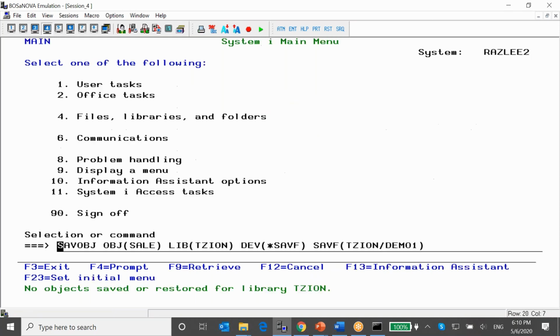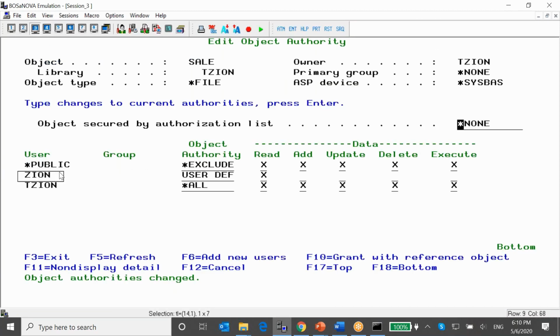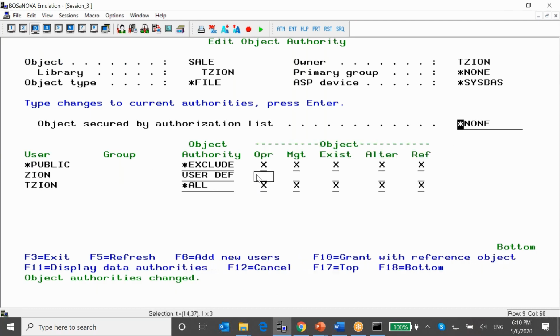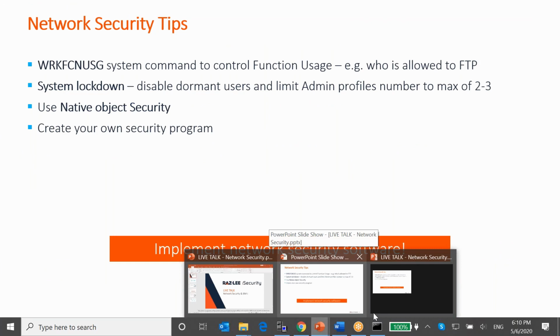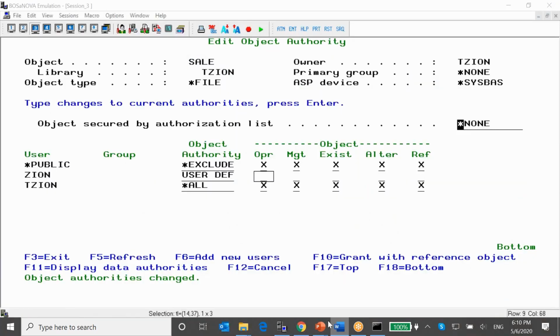See what happens now. There is no way to bypass it. The file is not stored due to the fact that this user that I'm currently logged in with is only allowed to view the file content. He cannot do anything that resides in managed or beyond that. So these three tips by themselves would allow you to mitigate the risk of a system breach,